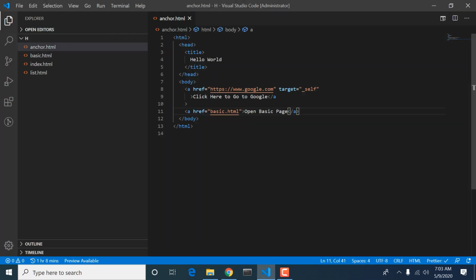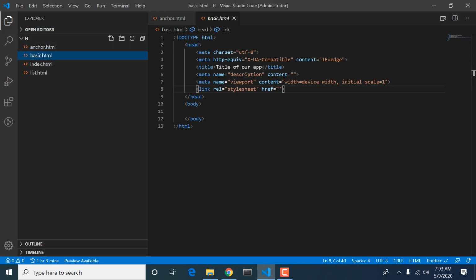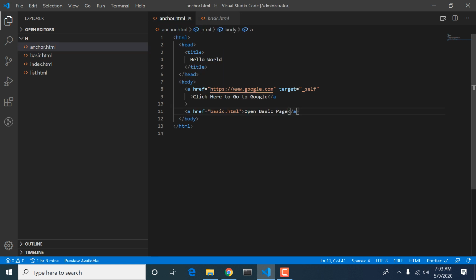So basically it is empty, so we will say open index.html.